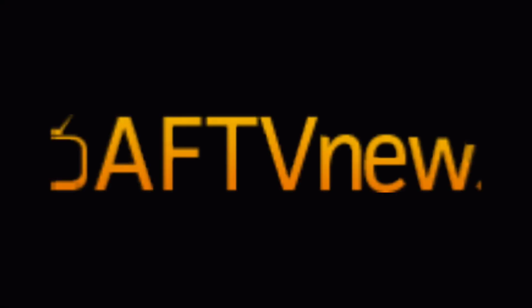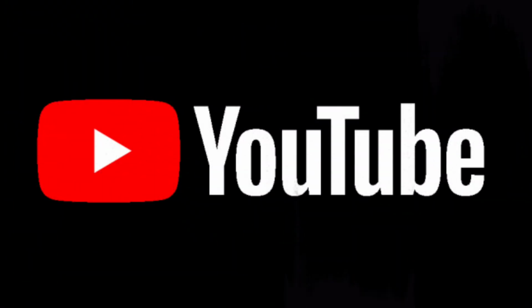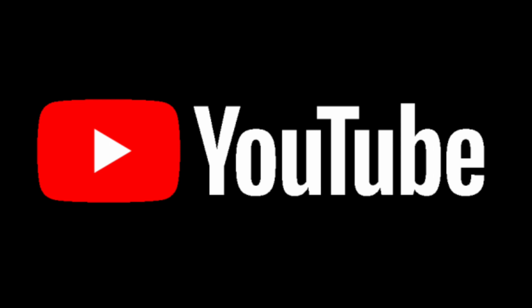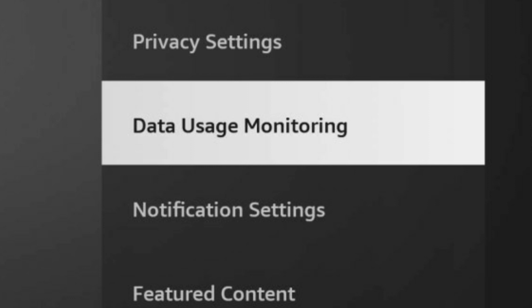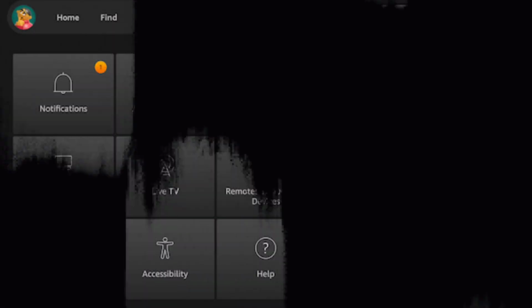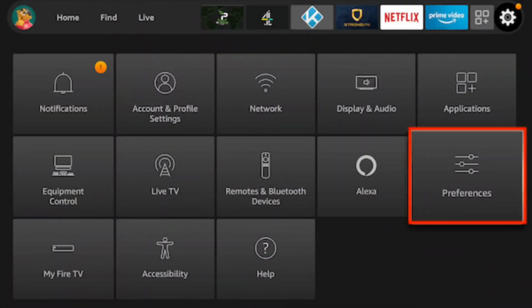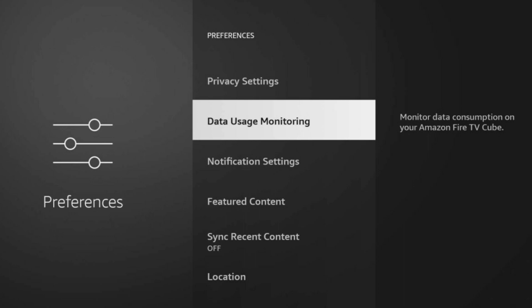So on a recent article from AFTV News, they talk about a certain setting that YouTubers got wrong in all of those video reviews and articles. The specific setting is the Firestick data usage monitoring. So first off, real quick, if you're not familiar with where it's located, it's very easy to get to. If you go into settings, then go to preferences, then click data usage monitoring and you'll see an on or